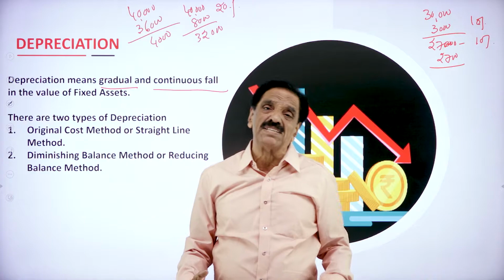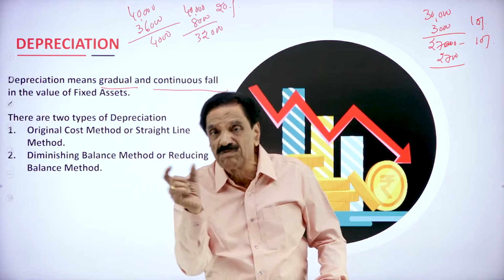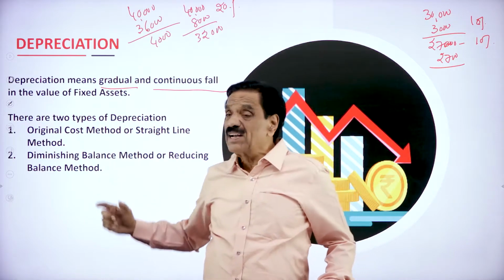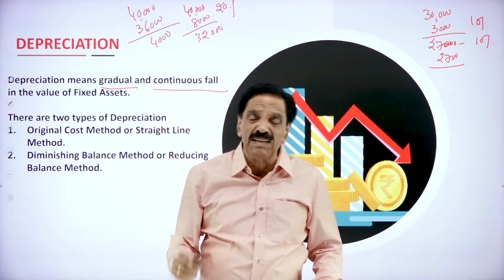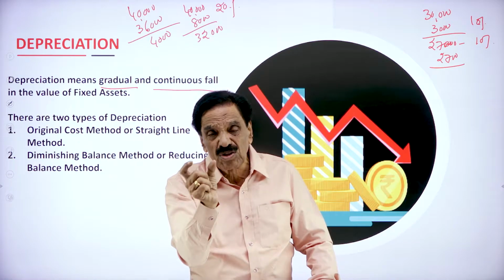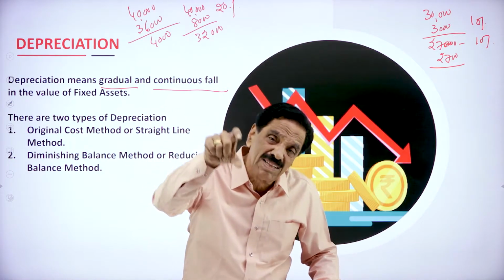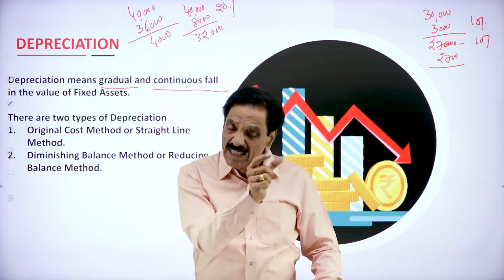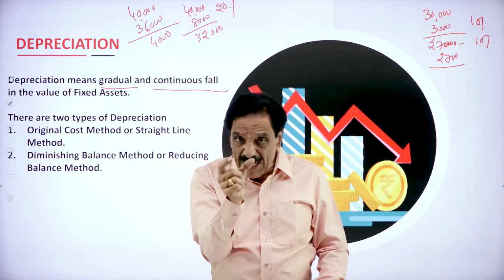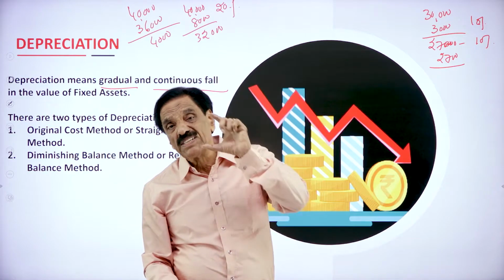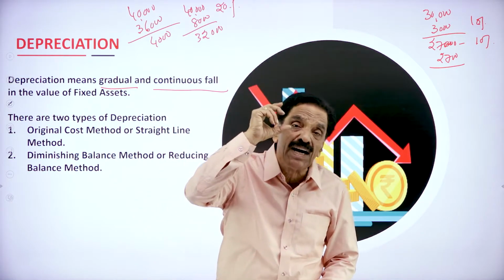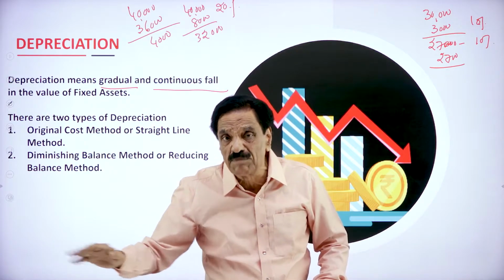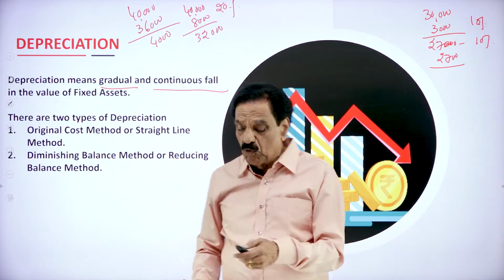That's why generally we say depreciation is equal to cost of the asset minus scrap value divided by the life of the asset. Regarding the reducing balance method, first 40,000, 4,000 depreciation, balance 36,000; on 36,000, 3,600, balance is 32,400. It goes like this in the diminishing balance method. So under the fixed installment method, depreciation remains constant. Under the reducing balance method, depreciation does not remain constant.